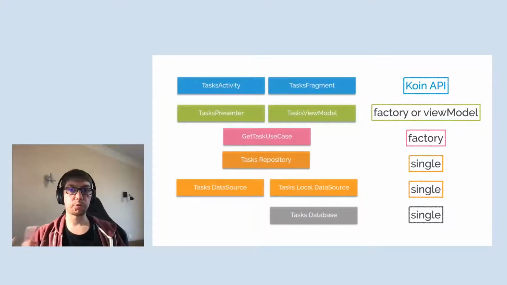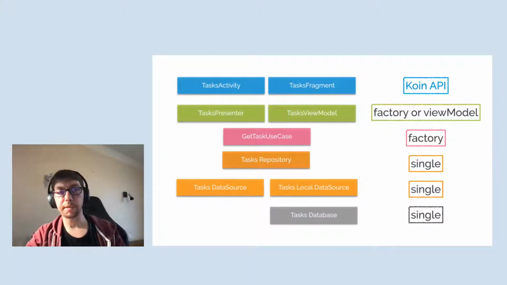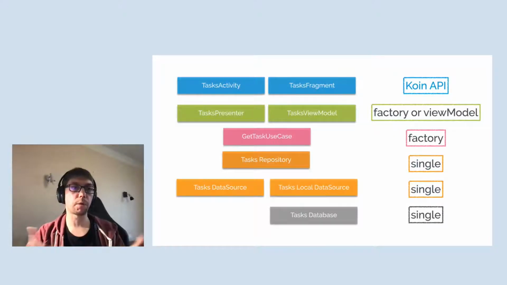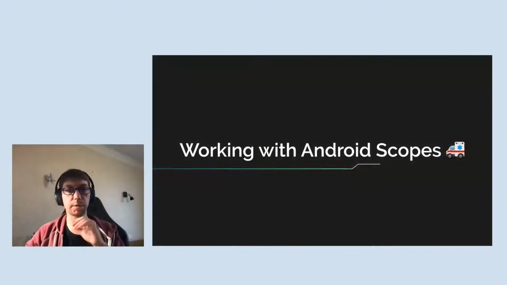And if we introduce the use case component behind the view model, we can introduce them as factory. The advantage of having factory instances at this level is to ensure that we won't hold any state for the duration inside Koin, and then when the view model or the presenter is dropped, your use case will be dropped also. Then this is the big picture of how we can declare things in Koin and how things are working. Let's go a bit deeper with the Android scopes